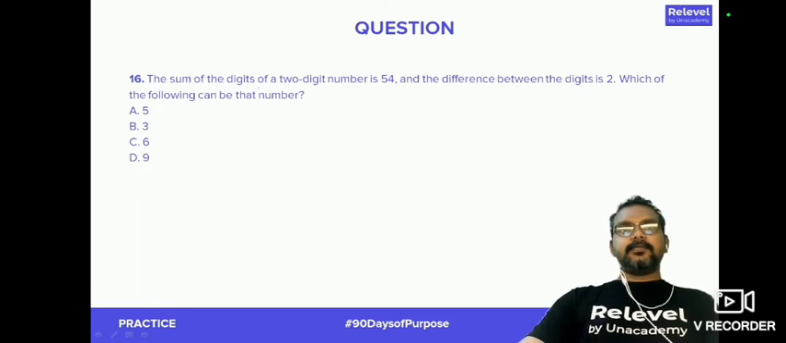The sum of the digits of a two-digit number is 54 and the difference between the digits is 2. Which sum of the digits of a two-digit number cannot be more than 18. So there is no chance of being 54. So, and obviously they are asking like which of the following can be the number, cannot be 5, 3, 6 or 9. So what I believe is sum of the digits of a two-digit number is